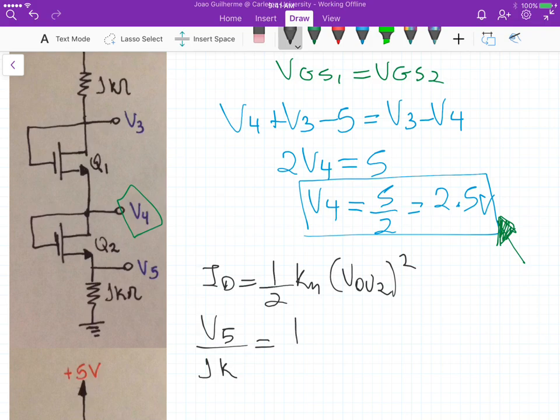And this is equal to 1/2, 1.5, 1.5. Sorry about that. So let me go back here. So we have ID equals 1/2 Kn Vov2 squared, and ID is V5 divided by 1K, and that's equal to 1 over 2 times 1.5 milliamp per square volts